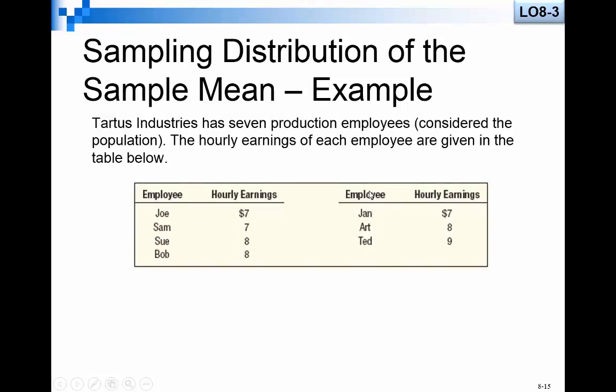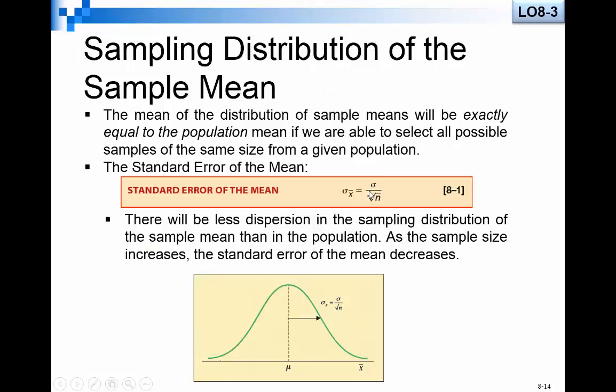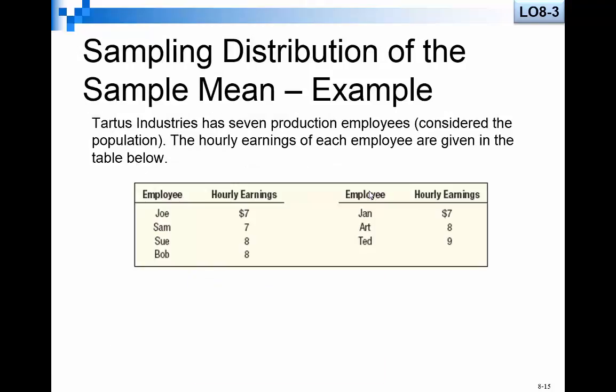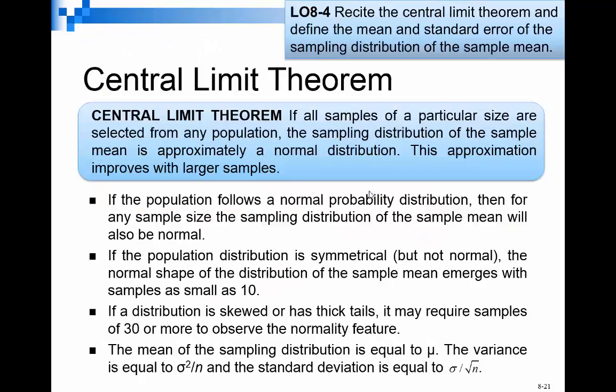And from that, so that's where we're going to basically stop with the PowerPoint. Oh, we got to do one other thing. We need to appreciate that there is the central limit theorem. The central limit theorem tells us that if we can get all samples of a particular size selected from a population, we will see that that distribution is approximately a normal distribution